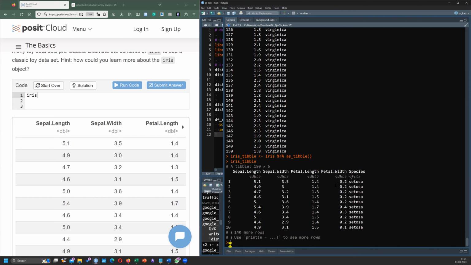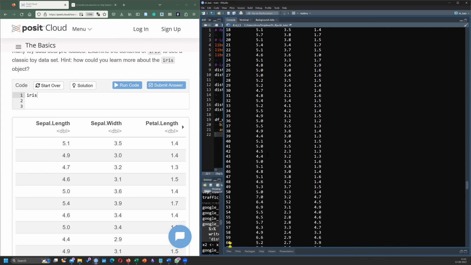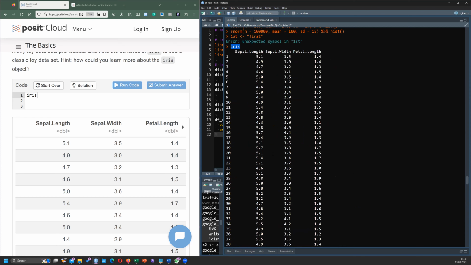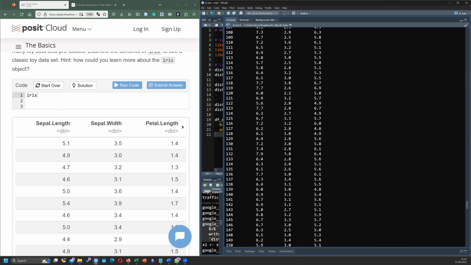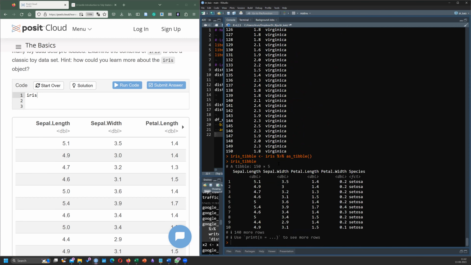Look at the first output, the data frame output, when you asked for the object. It's giving you all the rows, 150 rows and everything. But here it's saying it's a table of these many rows and these many columns. These are the column heads. There are 40 more rows.